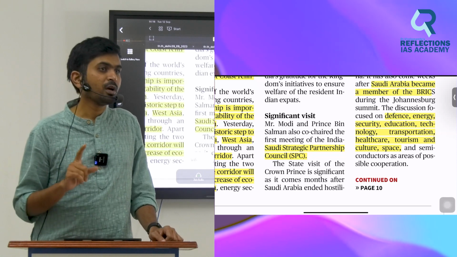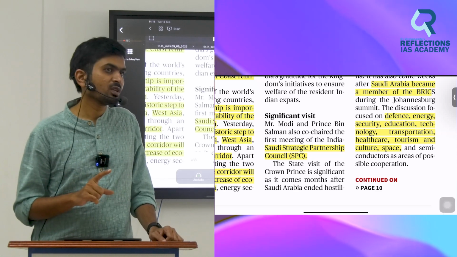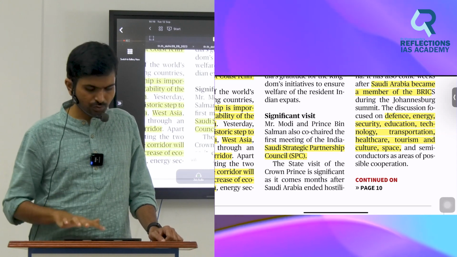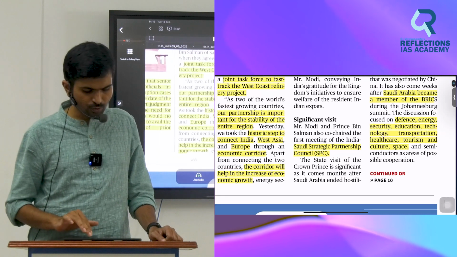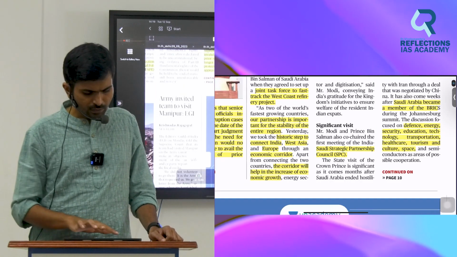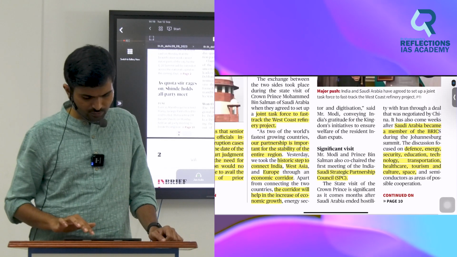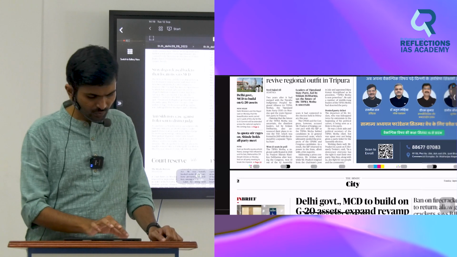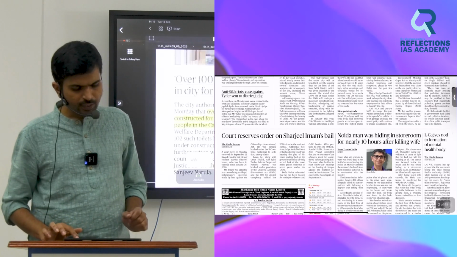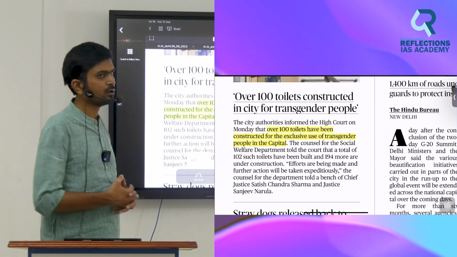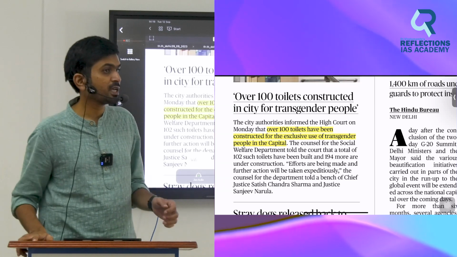But at the same time, I expect you to identify what? Keywords. Every article will have keywords. So you are supposed to know them on your own, slowly. There are other important articles we will discuss. For example, many people ignore such articles, but these are all fodder material for your essay, ethics and other places, especially governance.